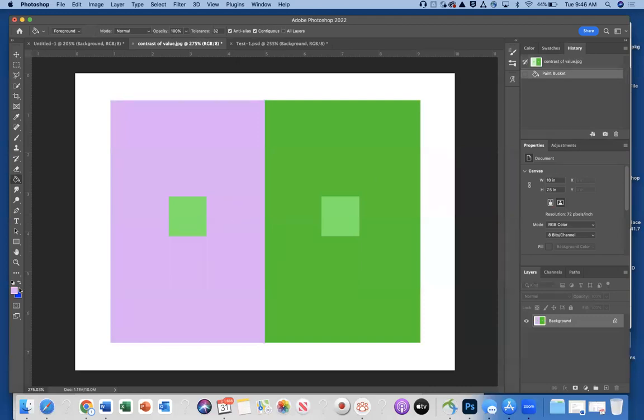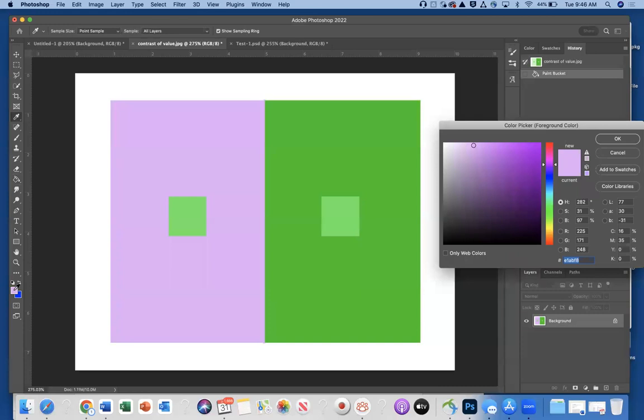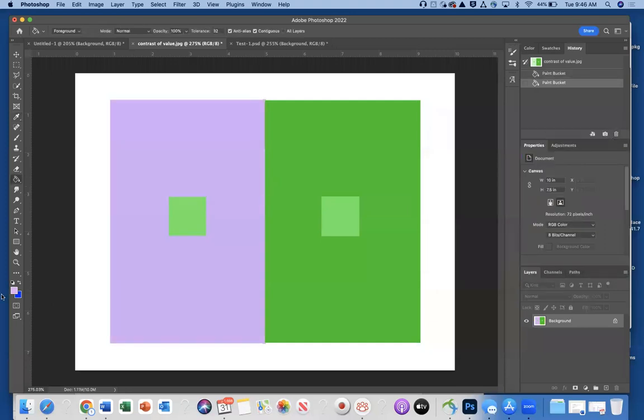And then on this side, let's do a, what kind of violet? It's kind of a bluish violet. You know, let's go down to more of a blue violet. And then now I'm going to go to